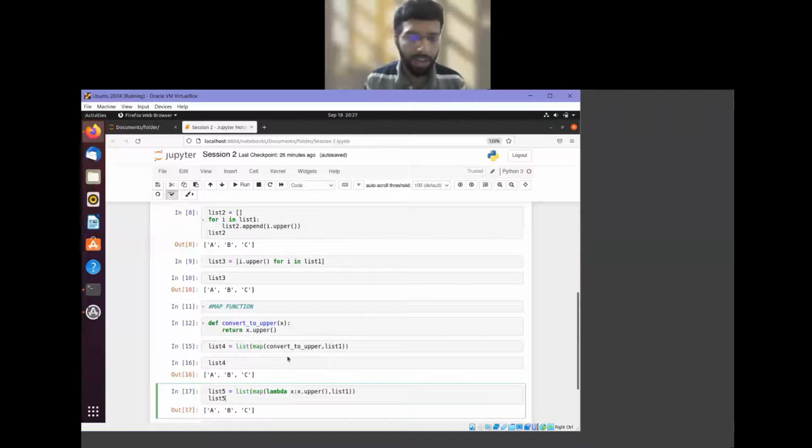Suppose you have a list with the keys, and you want to change each lowercase letter to upper. Even a dictionary you can pass here. Suppose I want to find all the keys in a list and replace them by the corresponding values. That is also an application of map.